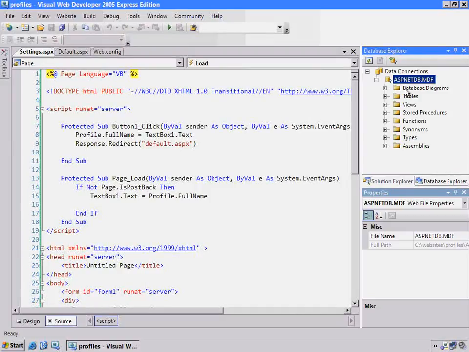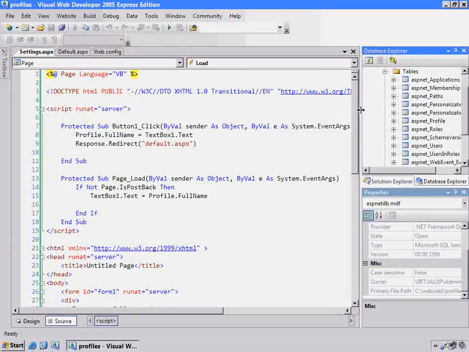I'm going to show it to you right now. Inside tables, if we look